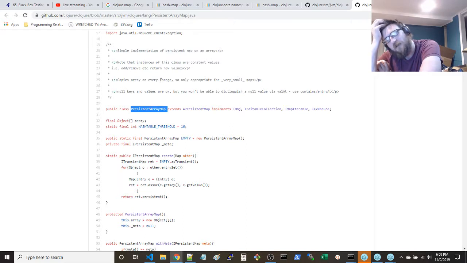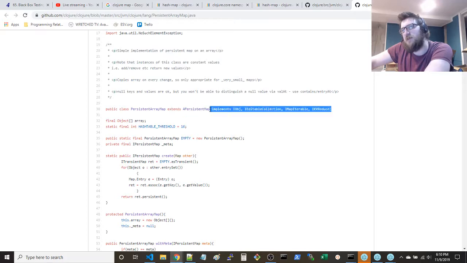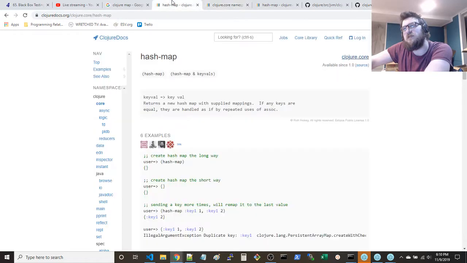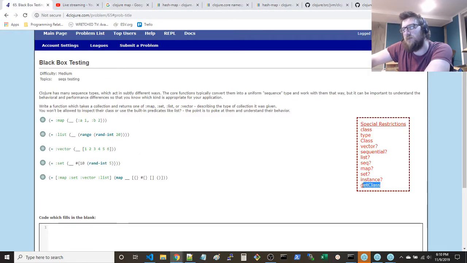No, that would be inspecting the class, wouldn't it? If I just asked which interfaces does this implement, or what does this extend? Yeah, that's knowing the class that it implements. Okay, that's fair. There's probably a Java interop function I can use. I guess that's get class, is what they were saying, that you can't just use get class. That's probably from the interop. Okay, fine.